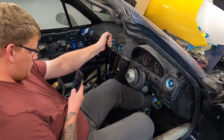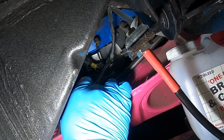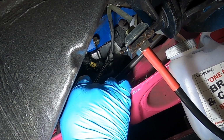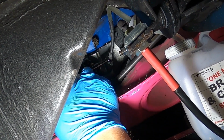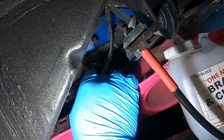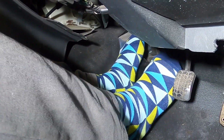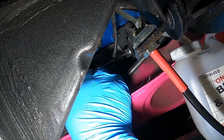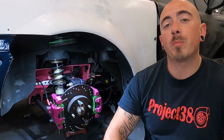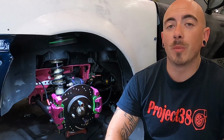We're going to hold the hydro back and check for leaks. Down, up, down, up, down, up. With all the brakes bled up, not leaking and holding pressure, it's now time to move on to the